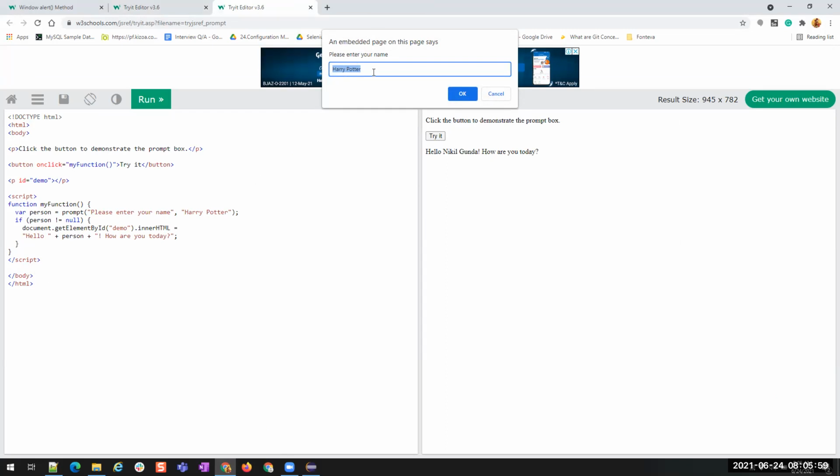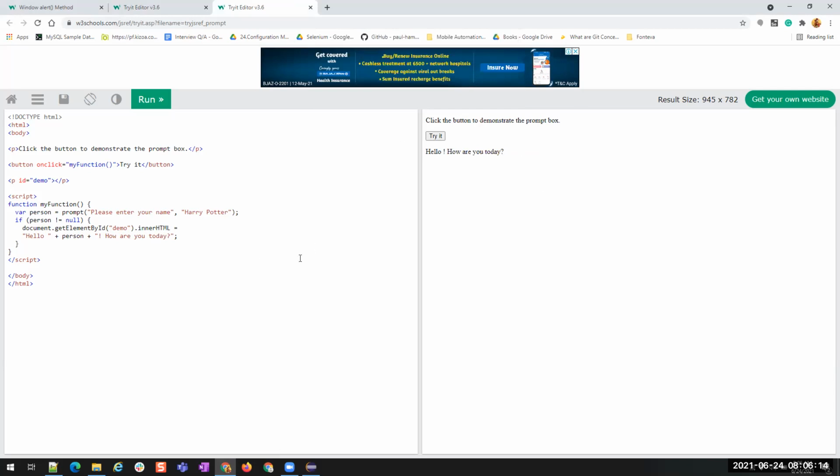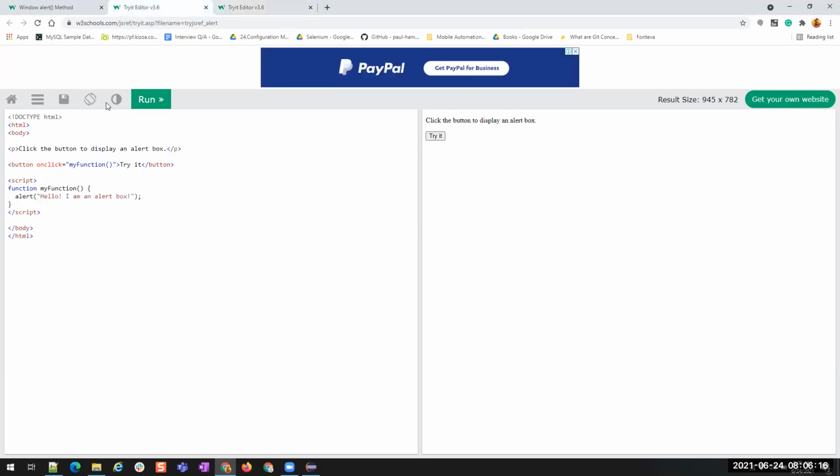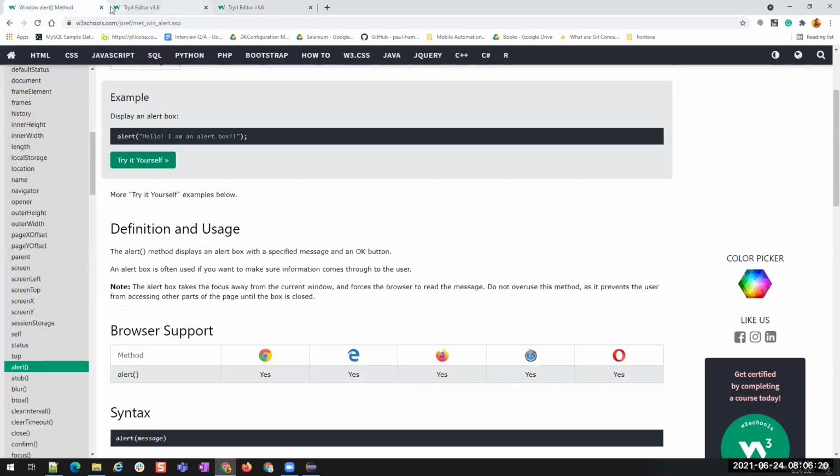So you won't be able to find the elements on this. You won't be able to locate the elements, and without working on this, you won't be able to perform any other operations. So when there is an alert or when there is a prompt box, you have to handle those alert or prompt box. Then only you can work with the other elements on the page. Okay? So now let us see how do we work with these alerts or prompt boxes.